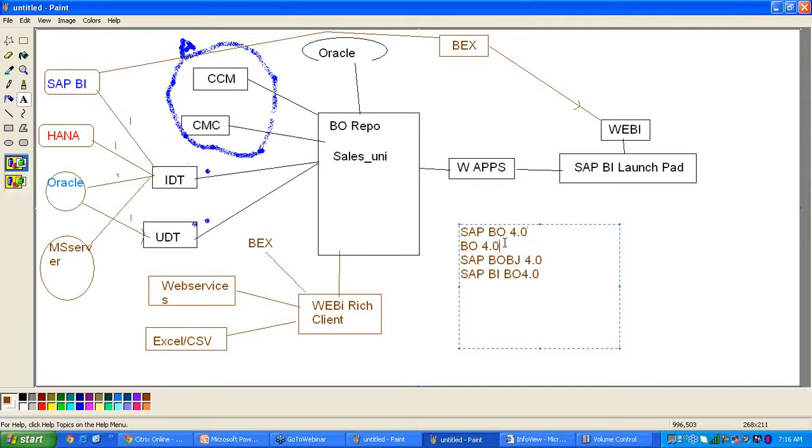You can call it BO 4.0, some people call it BOBJ 4.0, some people call it SAP BO. It is the same, it's a BO reporting tool only. It's not that BO 4.0 is a different tool from SAP BO 4.0 or SAP BOBJ 4.0. It is a single tool. People just call it by different naming conventions. It is the same tool.